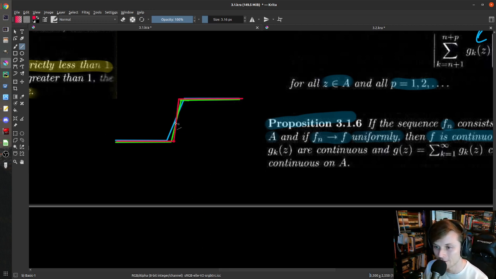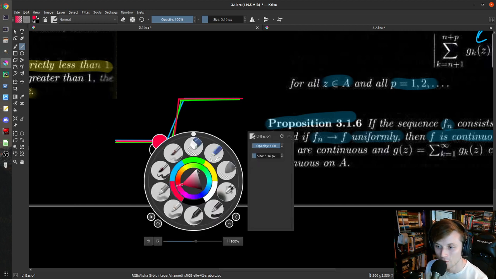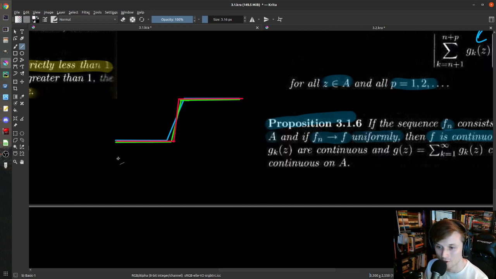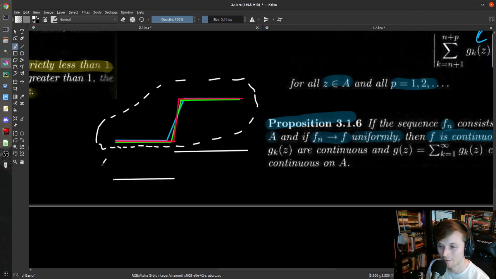And obviously, as we keep going, what will we eventually converge to? Well, it'll just be the function, and I'll draw it down here. It'll be a function that looks like this. It'll be a function that looks like that. And sorry, to be clear, these are living in separate worlds, right? That's what I'm trying to say.